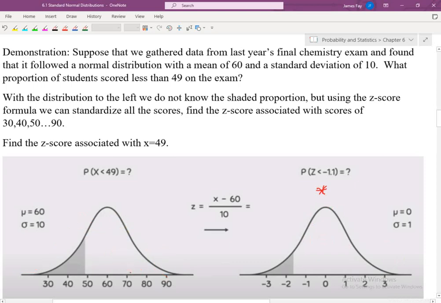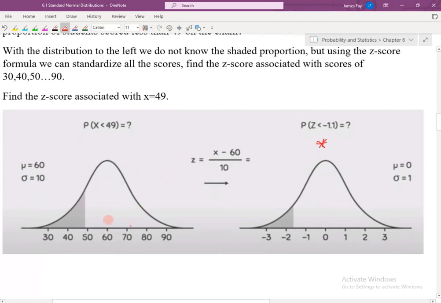So this particular class had a mean of 60. The mean is right there. That's mu. So that's my mean. This distance right here is 1 standard deviation. This is 2 standard deviations. This is 3 standard deviations. So if I asked you in this situation, if I know that this is the mean, and I know